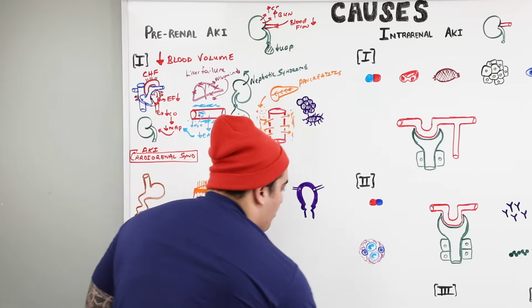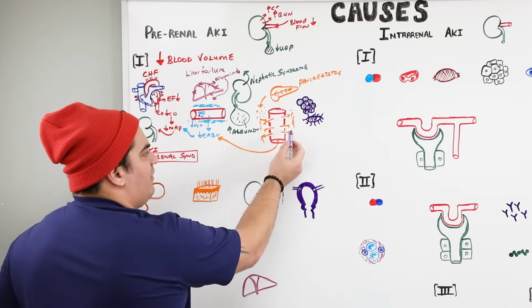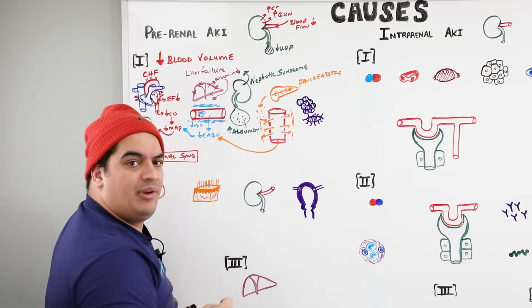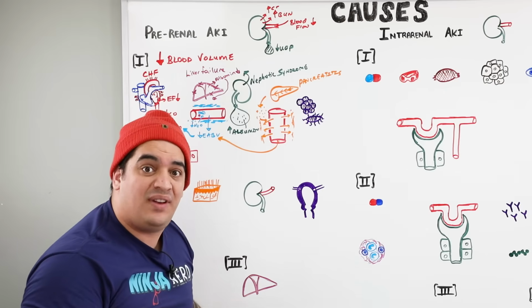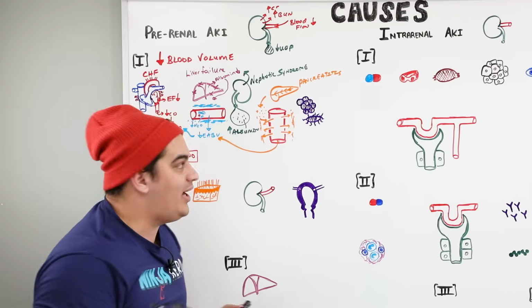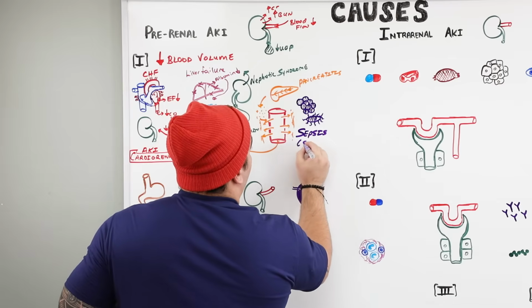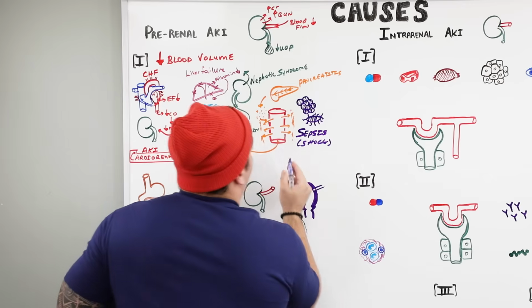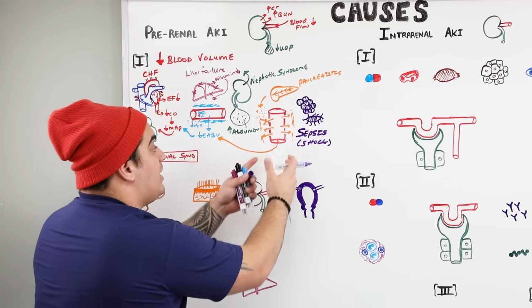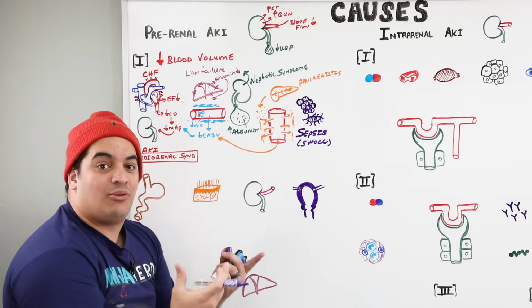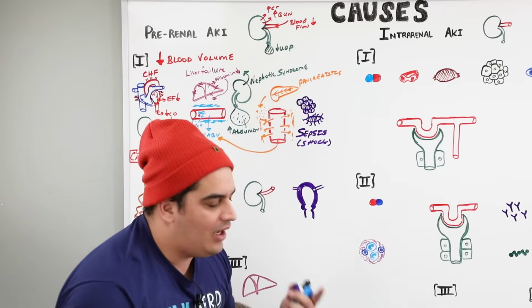You know, when you have a really, really bad bacterial infection within the blood, and it's causing significant vasodilation, increased capillary permeability, and it's usually due to a really nasty infectious source that's causing hypotension, it's causing fever. What is this? Sepsis, right? So if someone is having severe sepsis, particularly with shock, so septic shock, they may start having significant vasodilation, increased capillary permeability, third spacing a lot of their fluid, lowering their effective arterial blood volume, lowering their mean arterial pressure, lowering their perfusion to the kidneys, again, leading to an acute kidney injury.